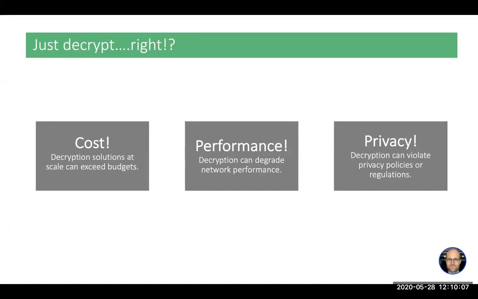Regulation, compliance, and privacy is another reason we hear for people choosing not to decrypt in their environment. You might be in a regulated industry where decrypting said traffic of your customers might violate certain laws. You might be operating in a GDPR compliant zone or area of data that also would prevent you from decrypting